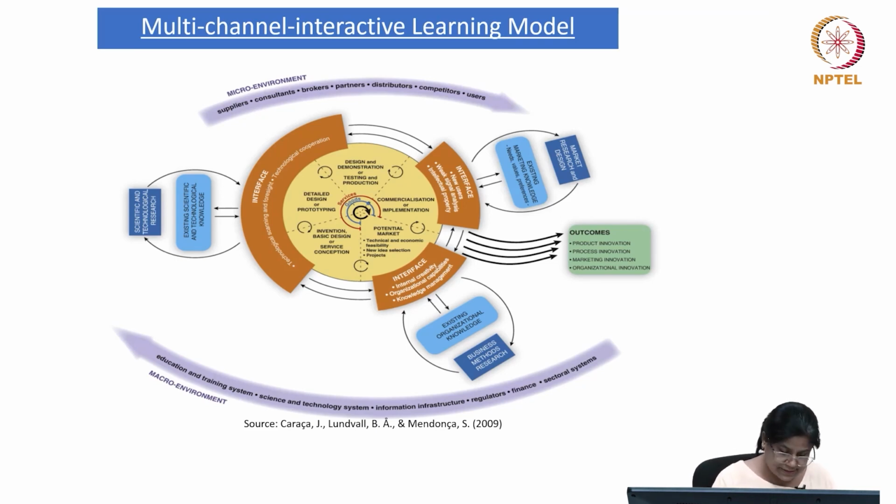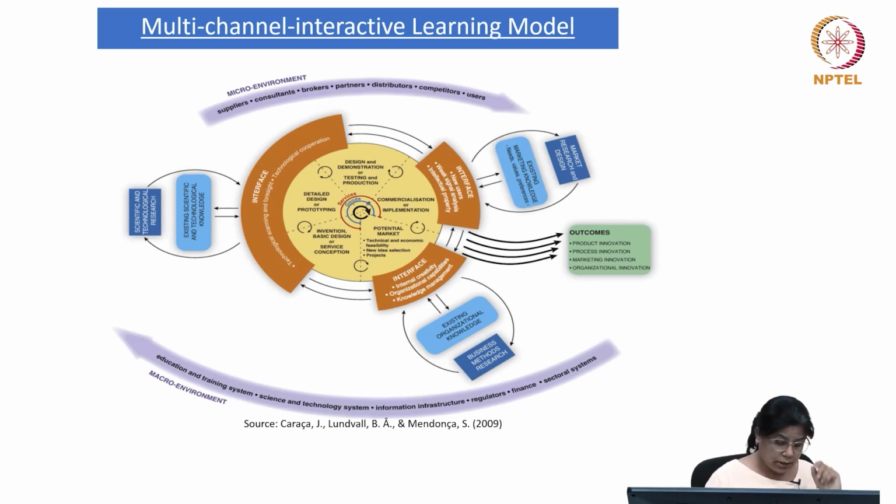important for its success. So in the case of the chain link model, what we have seen is that the linear model has been surpassed by introducing a dynamic coupling between the technological and market forces that we have already seen. However, the organizational dimension has been introduced in this particular model. So let us see. The basic idea of the authors in this case is that innovation as such does not happen in a vacuum. It doesn't happen in isolation. It has a context, and there are various factors which are influencing, enabling, or maybe constraining the innovation process itself.